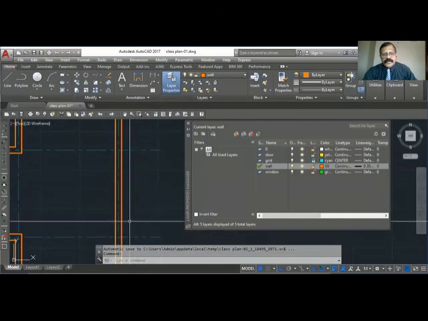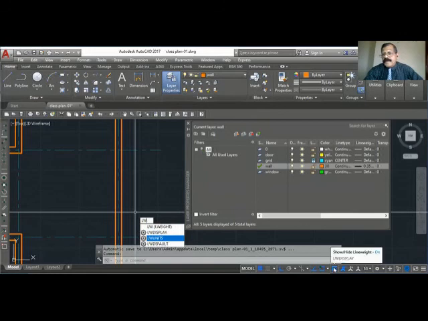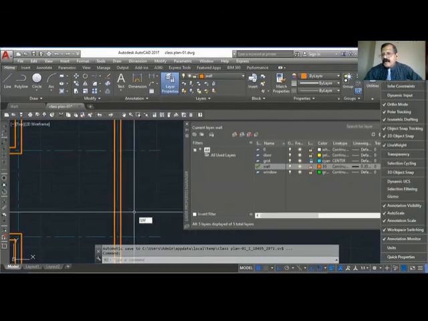LW display is used to see the thickness or the line weight of an object. It is the same as this one here. How will you get this? You go to the last customization, click that one, and switch on the line weight. So you'll get the line weight here.